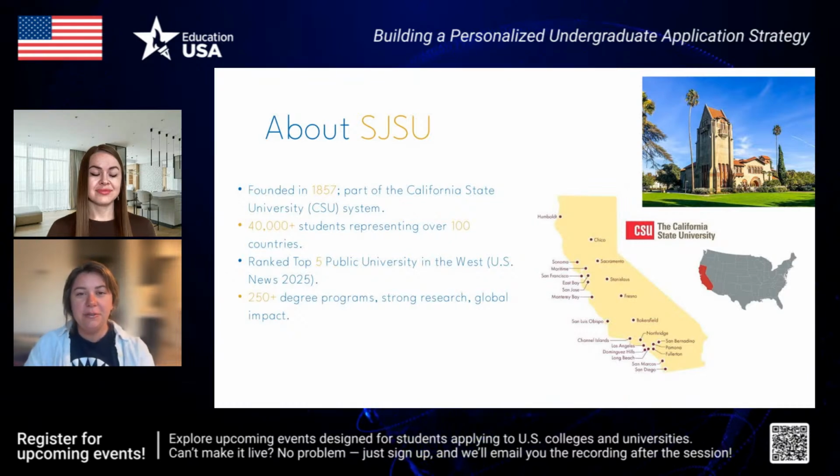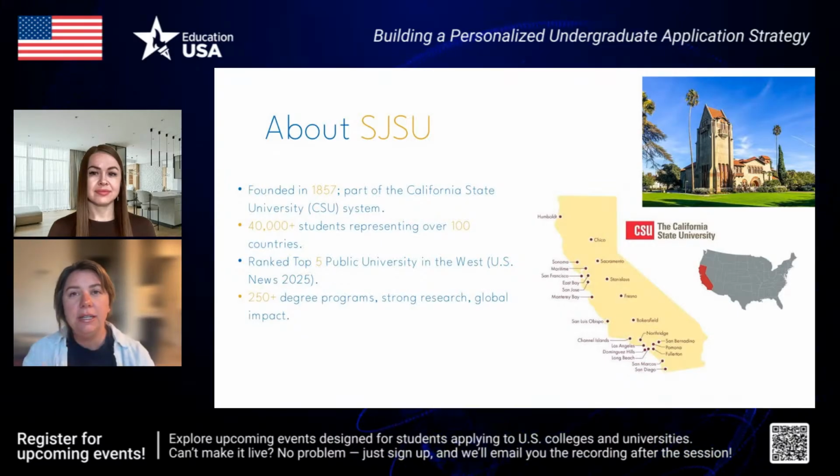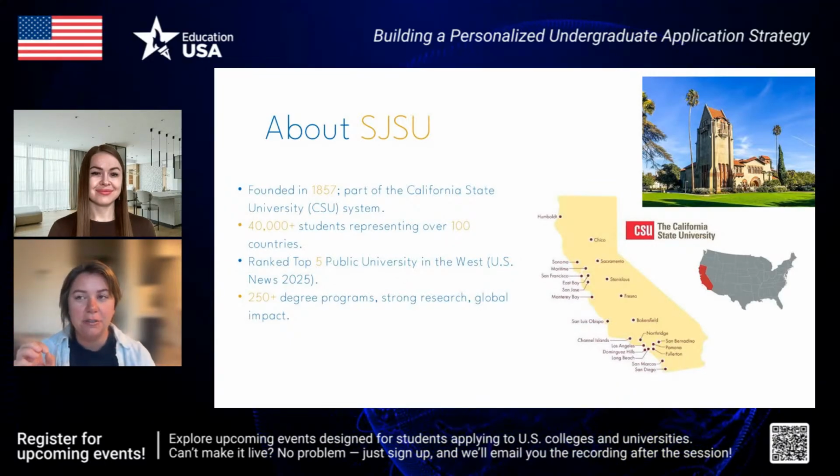Okay, so just a little bit of background of our school. In California, just as in many universities around the world, there are public and private universities. So San Jose State University is a public university, and we are in the CSU system. So you also have to know that there is another categorization of public universities in California. So you have UCs, which are University of California. Those are like UC Davis or UC Berkeley.